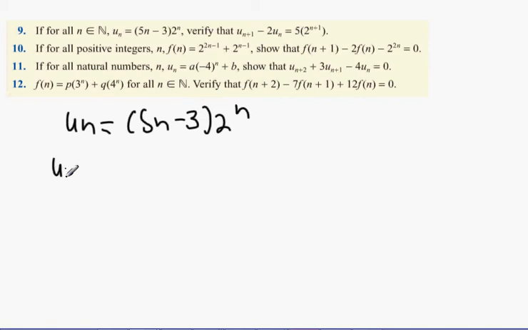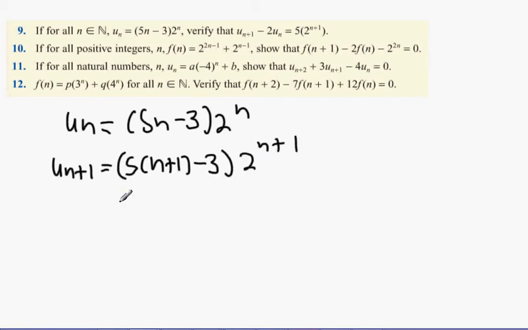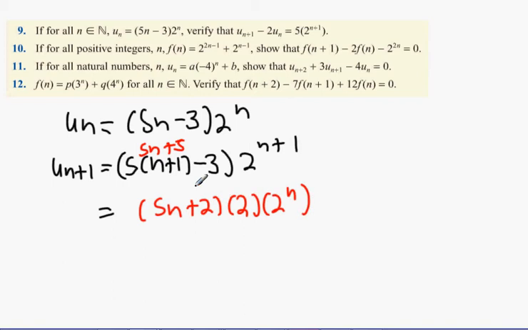Then we're going to get u of n plus 1. Replace all n's with n plus 1. Minus 3 times 2 to the power of n plus 1. Remember to save yourself a bit of time, it's going to be 5n plus 5, which will make that 5n plus 2. 2 to the n plus 1 is going to be 2 times 2 to the n. Then multiply the 5n plus 2 by 2, and you're going to get (10n plus 4) times 2 to the n. Okay, now that's done,